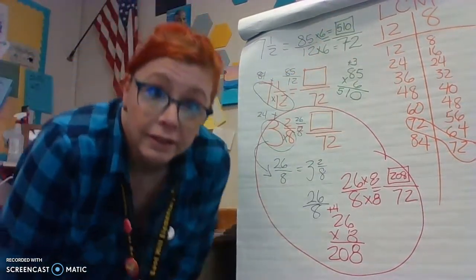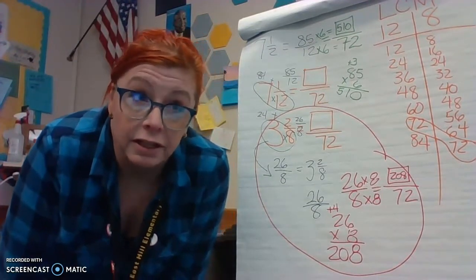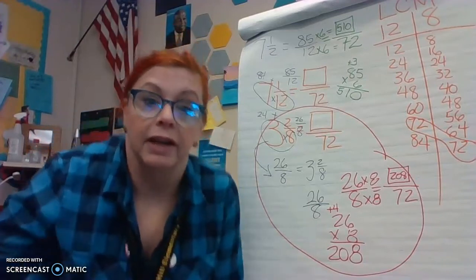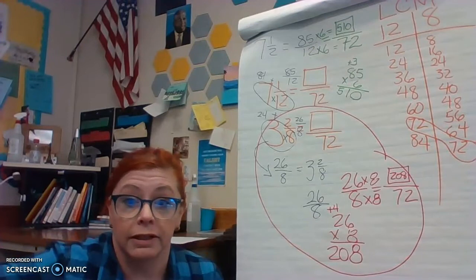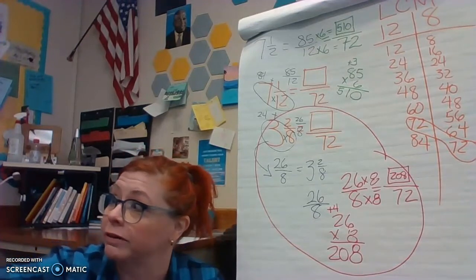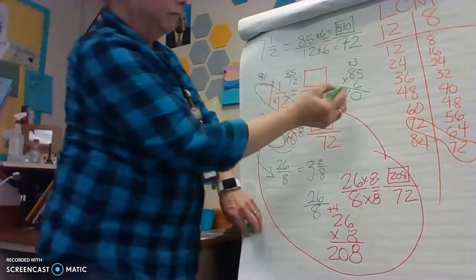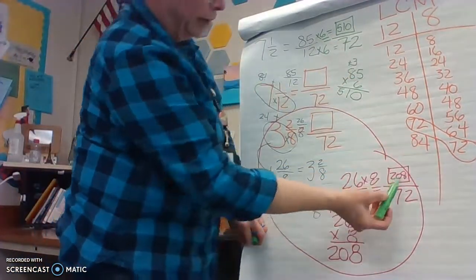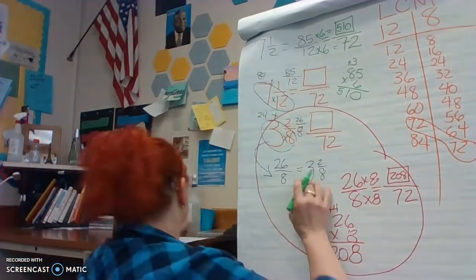Okay? I know it's a lot of steps. It's not really difficult. It's just a lot of steps. And in 6th grade, multi-step problems is a big thing. So now that we have all of that, we're going to finally subtract. Okay, so 510 over 72 minus 208 over 72, which is,